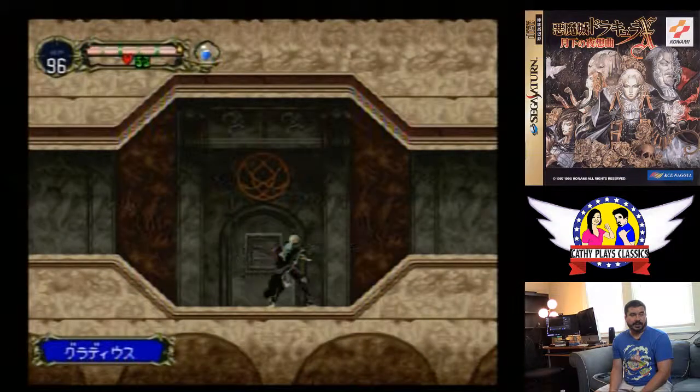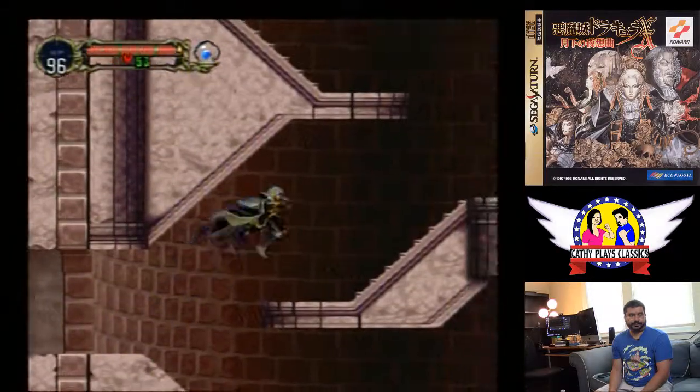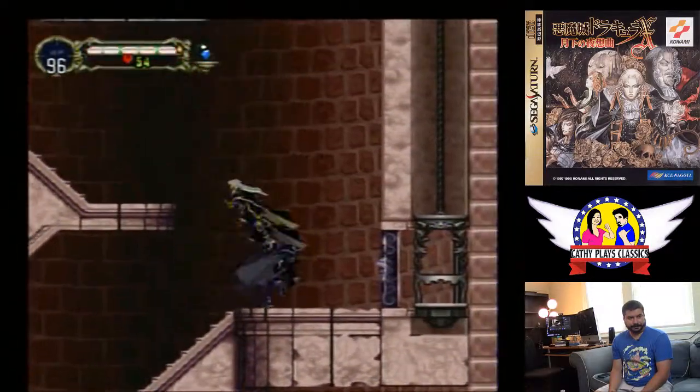So you get the Gladius. The Gladius is the same damage as the Jewel Knuckle, but it has the range. So I can do that instead of getting right up on people. But